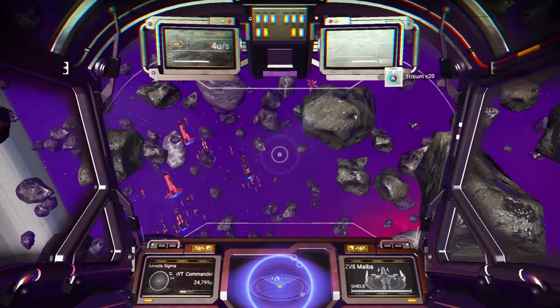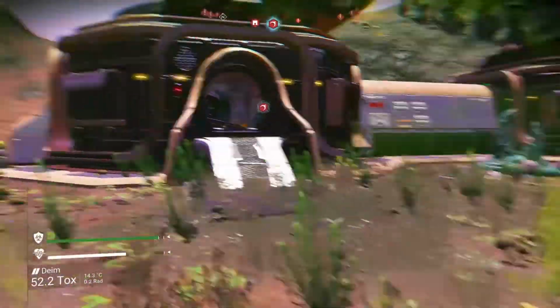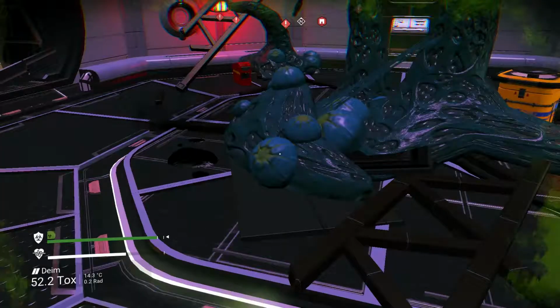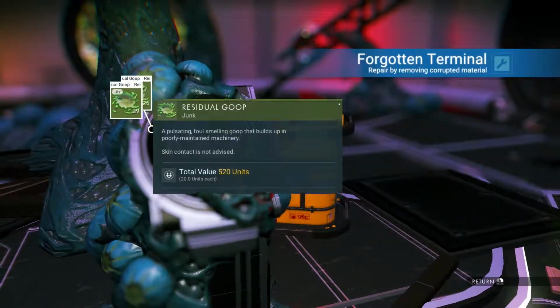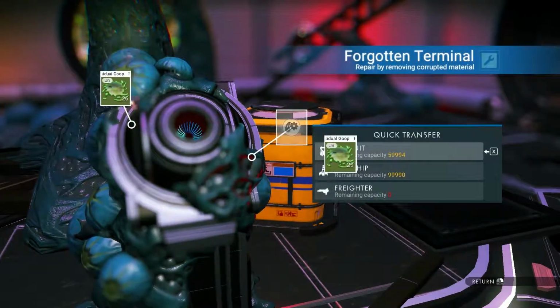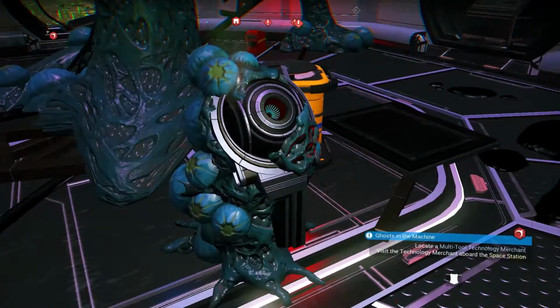Right. Nanite rich location detected. Okay. Right, we're in one of these little disgusting flood-looking things. Nasty. Gonna have to pick up some residual goop as well, because that's nasty. Because that happens. Which is very nice, but never mind. Right. There, thank you very much. Right. Can I...